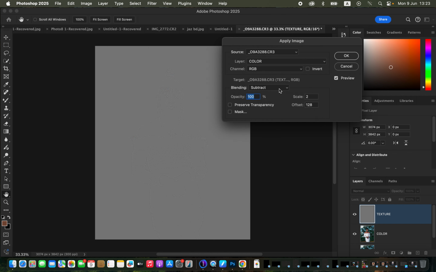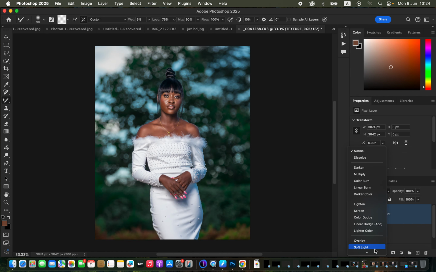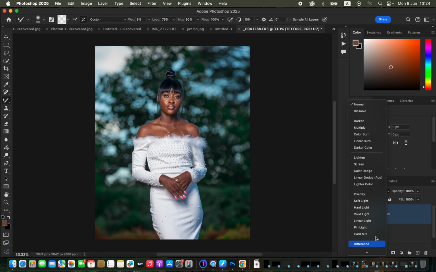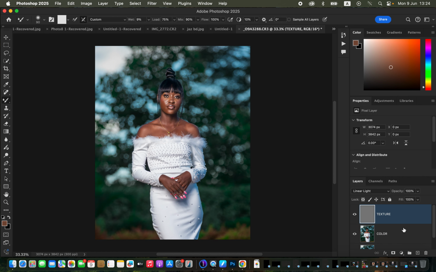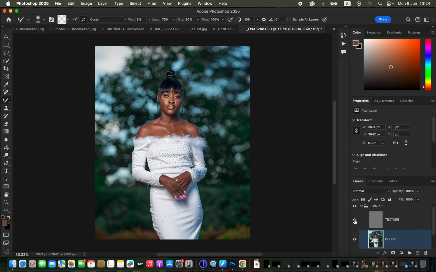So mine is a 16-bit image. So I'll revert the settings to 16-bit settings. Change the blend mode from normal to linear light. And select both layers, then press Ctrl G, or you can use Command G on the keyboard to group these two layers. Open up the group, select the color layer, turn off the texture layer,